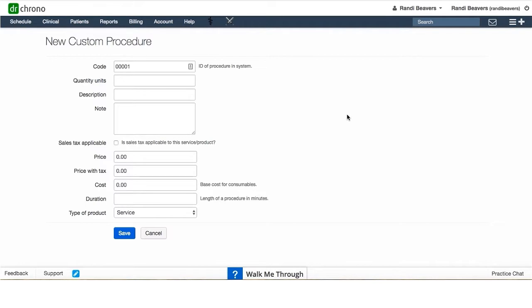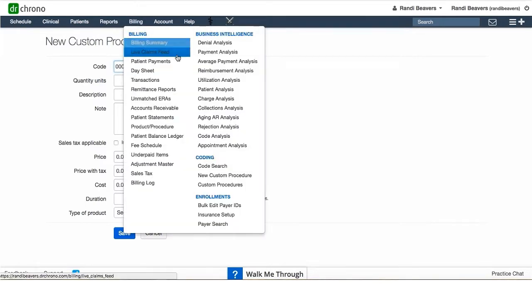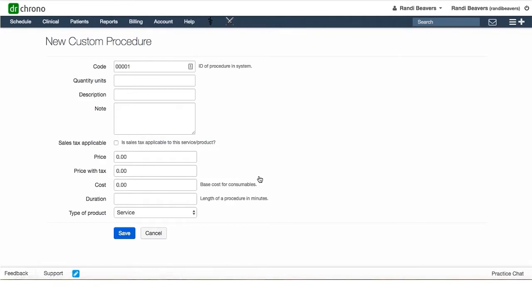New Custom Procedure. To navigate to this page, just hover over Billing, and then come down and select New Custom Procedure here in the second column. That will bring you to this screen. The screen will allow you to create custom procedure codes for items that you sell or provide in your office